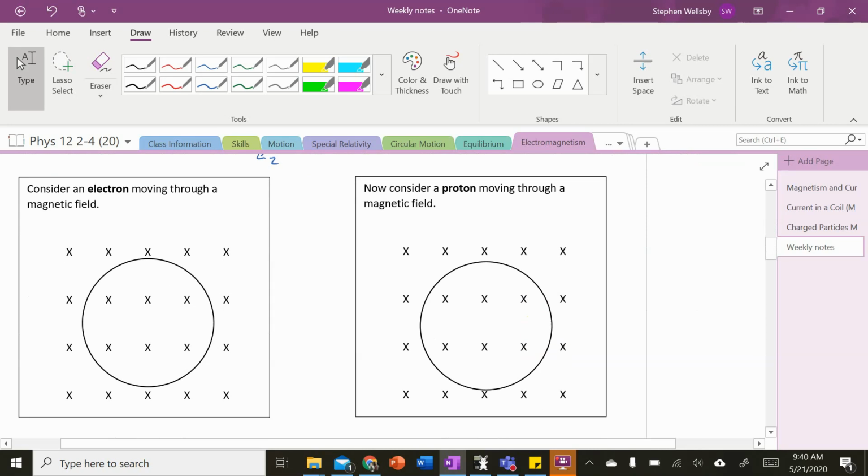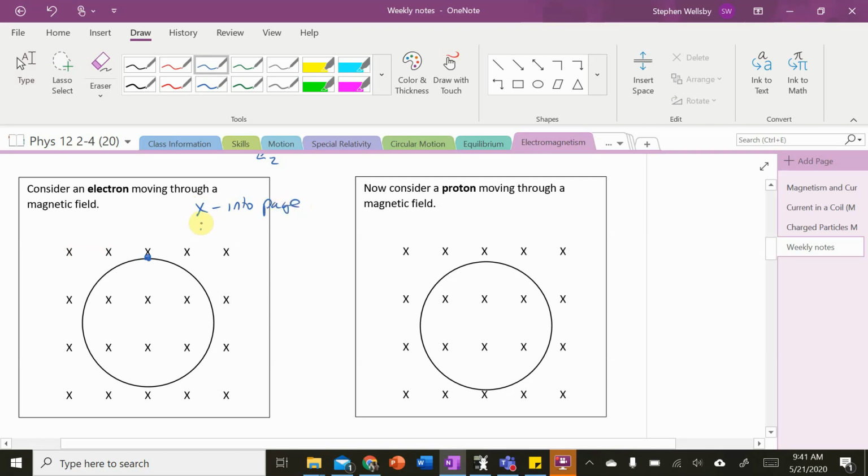In this case, we're going to use our left-hand rule, and let's assume for the moment that this electron is moving in a circular path. Is it going to end up going clockwise or counterclockwise if the magnetic field is into the page? What I want you to think about here is we need to align our magnetic field with the direction of these x's. Remember, an x indicates into the page,